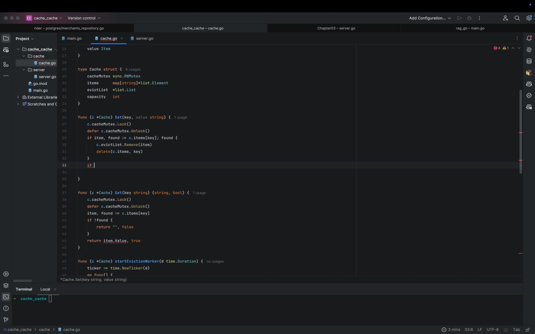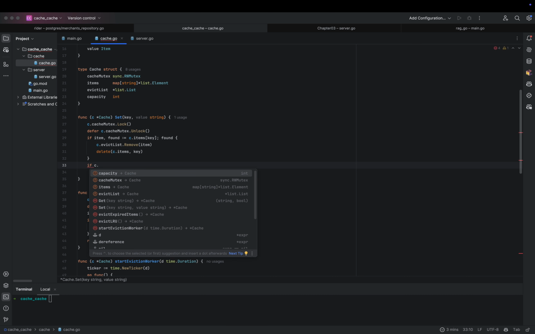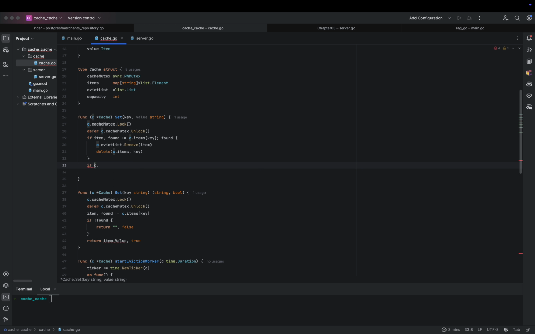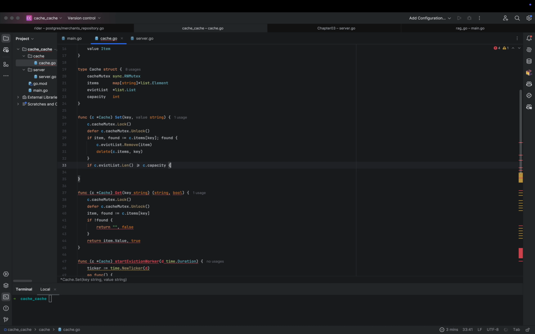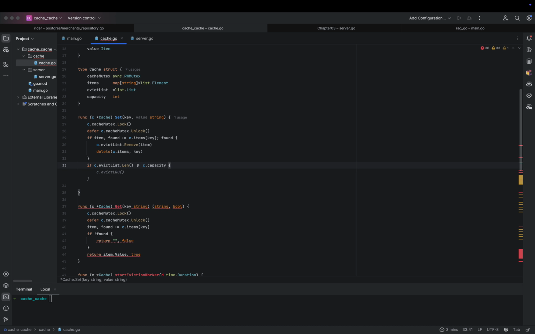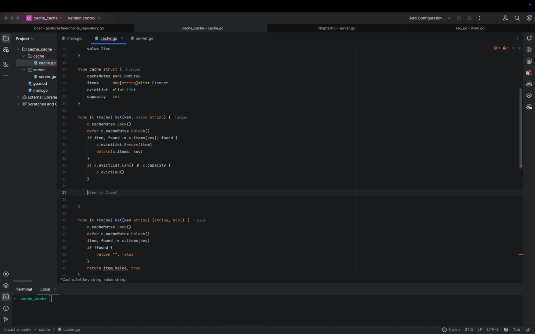So if c.evictList.Len, and then after all those checks, that is when we are going to put